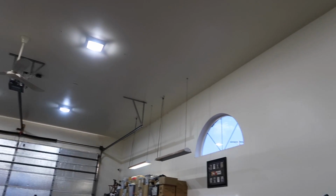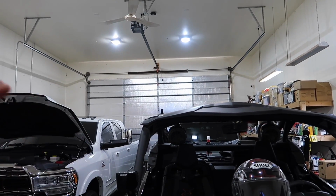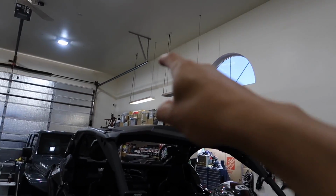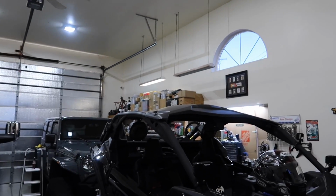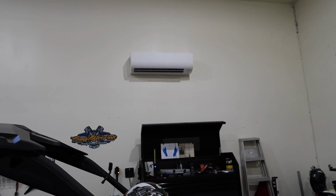And yes, this garage is all insulated, but you see the little crack up top in the door. The garage door is not perfectly sealed, so I assume some of it goes out there. That's why we're going to add another 2-ton unit over there, so we will have 4 tons in this garage and won't have to worry about that. When it is 100 degrees outside, we can get it to stay at 70 degrees in here